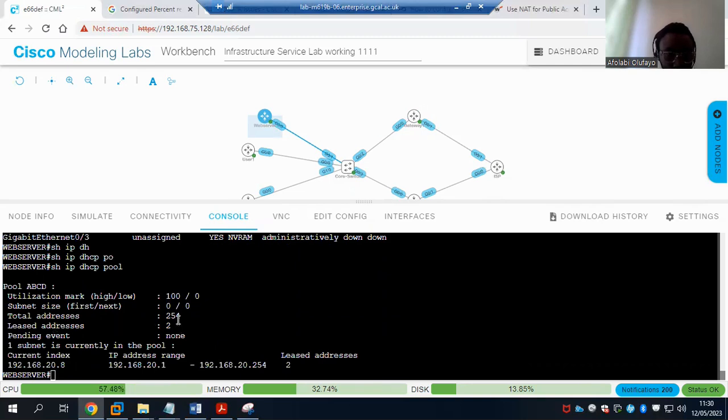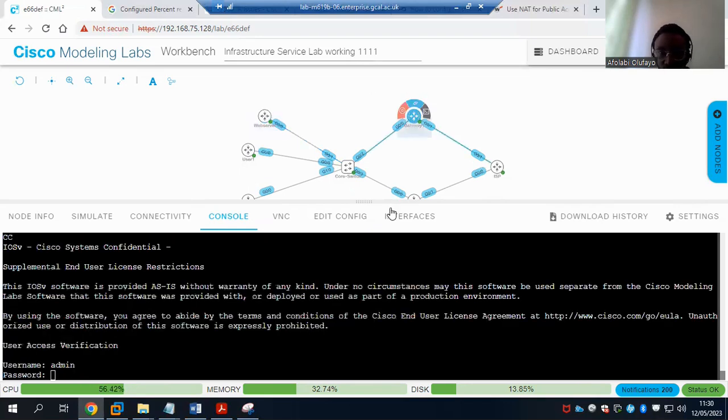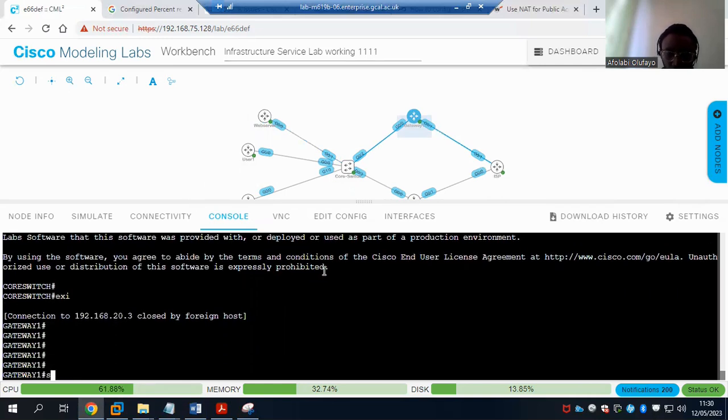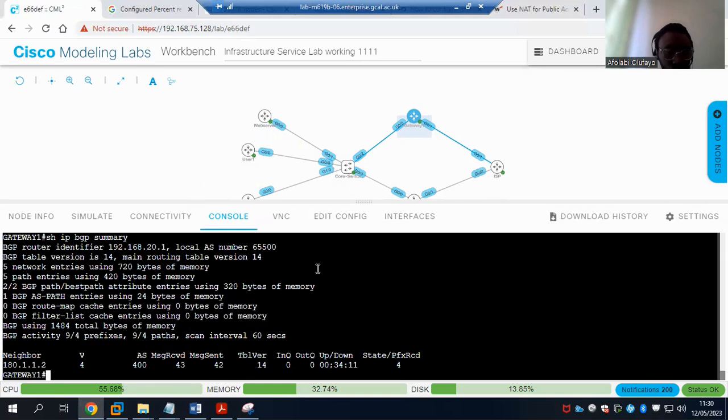The leased addresses are 2, which are the 2 users here. And I have eBGP running. Show IP BGP summary, which is part of a non-listed requirement.